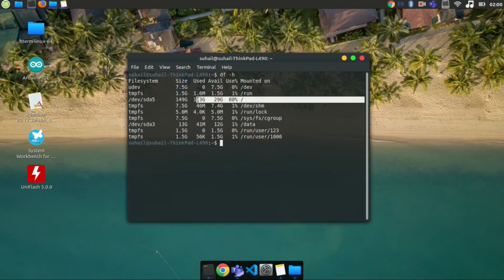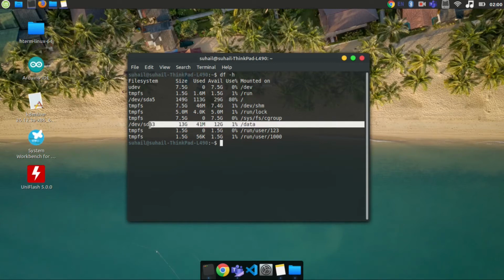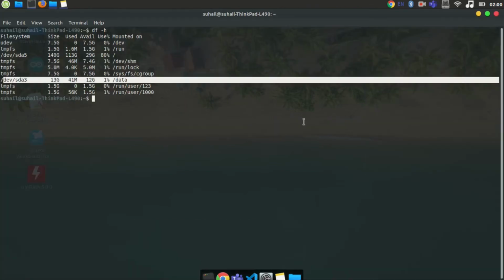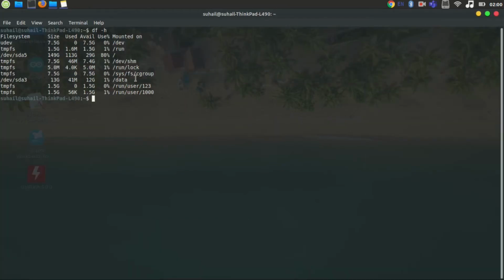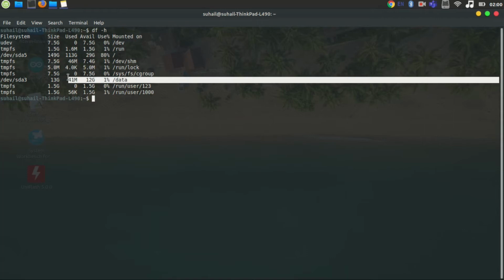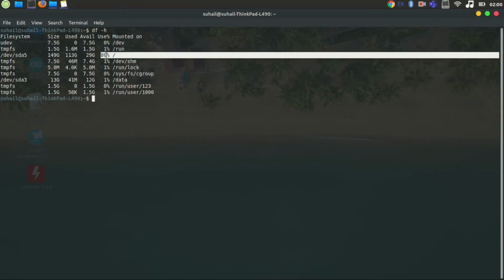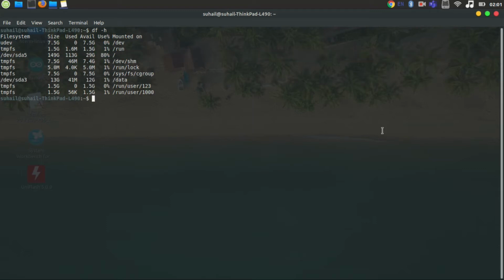So generally, the root partition is where your system and files will be stored, and you want to protect it. The data partition is where you want users to be allowed to write changes and store some of the files. So the intention of this video is to protect our root partition and put the data partition in read-write mode. And if you also have other partitions like opt, those can also be put into read-write mode.